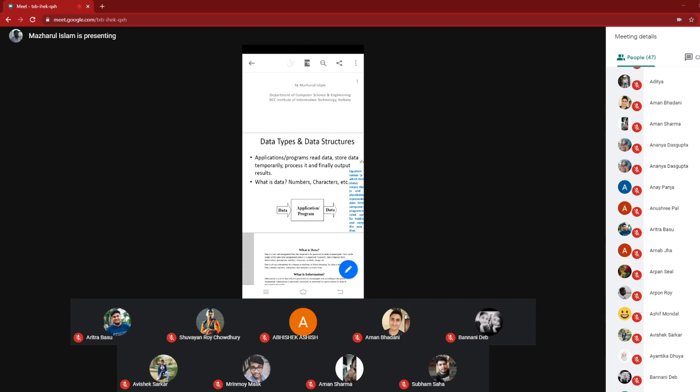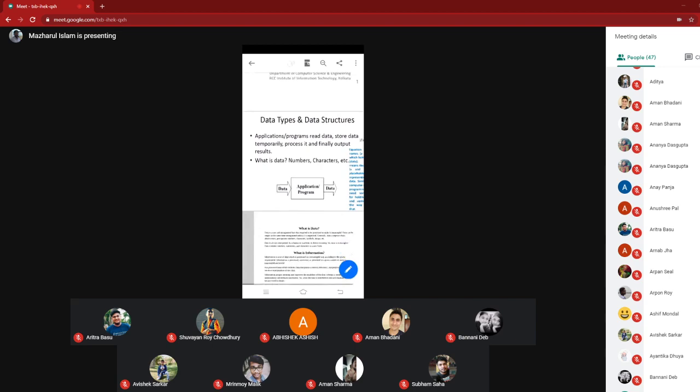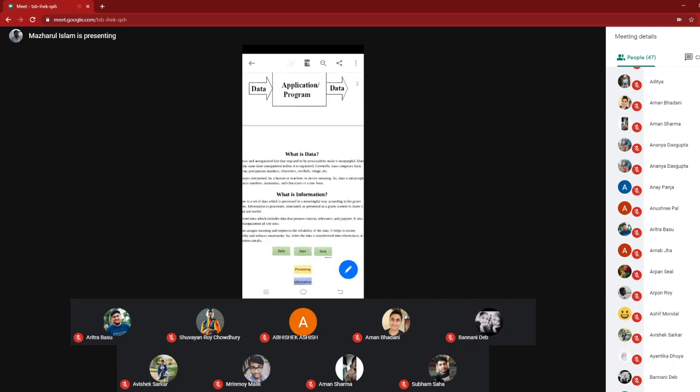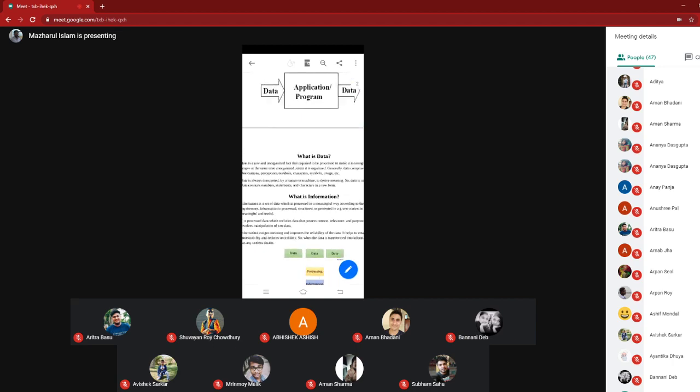All are data. Actually, the formal definition of data is like this: data is a raw and unorganized fact that needs to be processed to make it meaningful. What is information? Information is processed data.